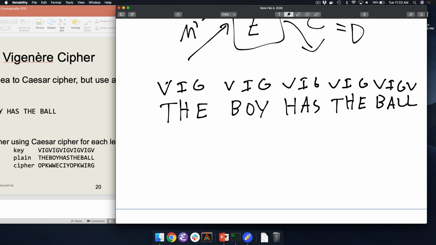So T will be shifted by V, which is O, I will tell you. I'm gonna cheat a lot here. But like before, if we're thinking about this in terms of a Caesar cipher, the key was V. You can think of it as exactly the same way, with just V all the way across. Because every